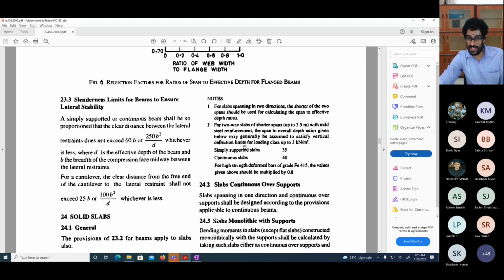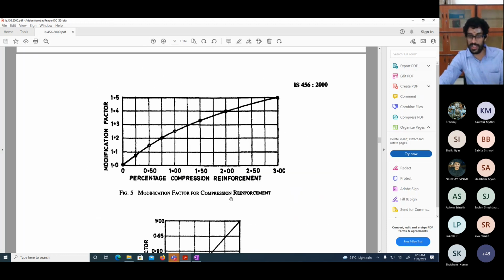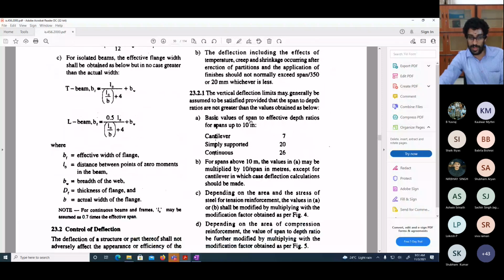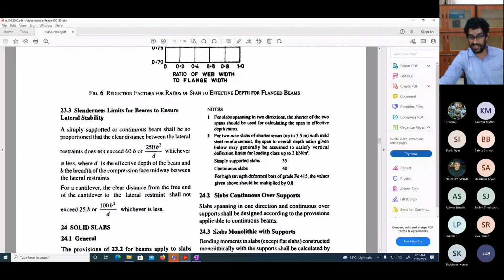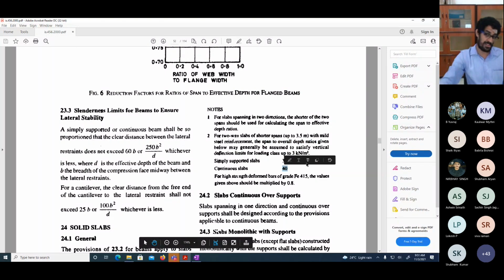In general, for this particular problem which we are doing now, we cannot use even this. We do not have anything else to use except what is given over here, because we do not have a load less than 3 and we do not have a span less than 3.5. Therefore we have to go with what is present over here. The only thing is, this provision has given us a hint that for two-way slabs they are using the span to overall depth ratio. So that criterion alone we will adopt, but we cannot adopt these numbers. We have to adopt the numbers which are present previously.